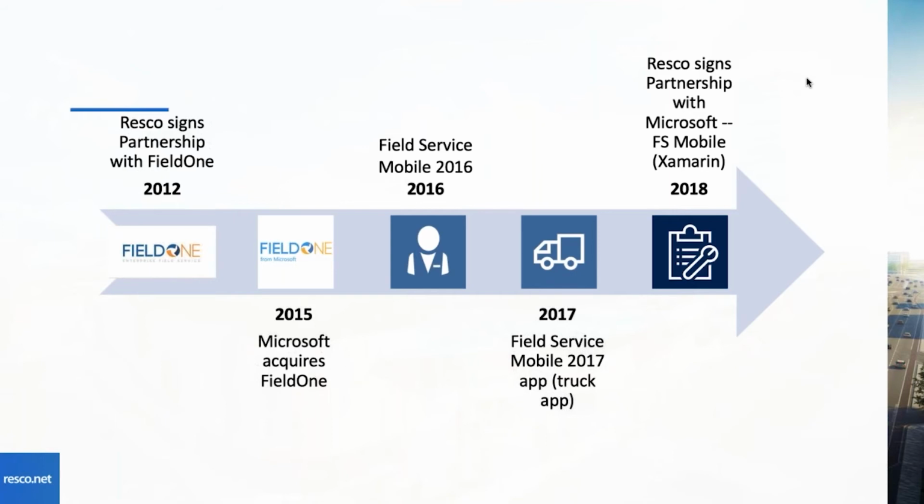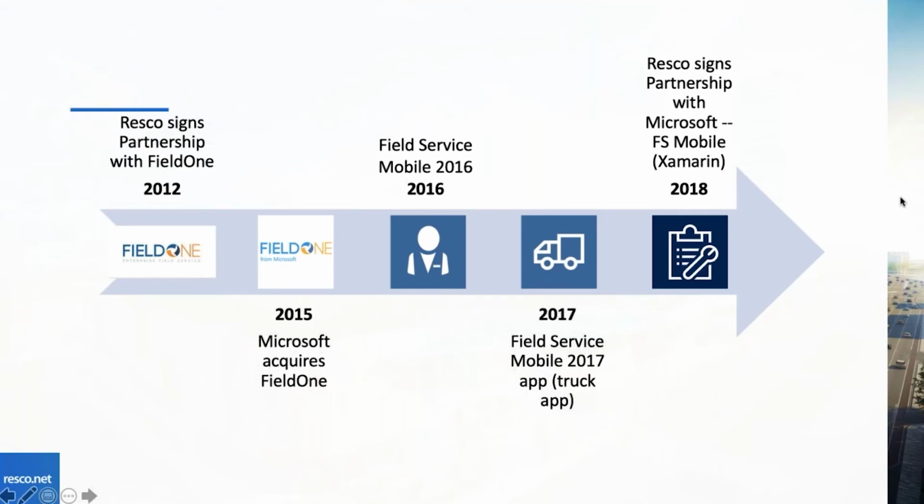So that was in 2016, and that included the first official version of Field Service Mobile 2016. If some of you remember, that application's icon included the little person right in the center, that was the 2016 version. Then Microsoft released a new version later on in 2017 called the Field Service Mobile 2017 application, or nicknamed